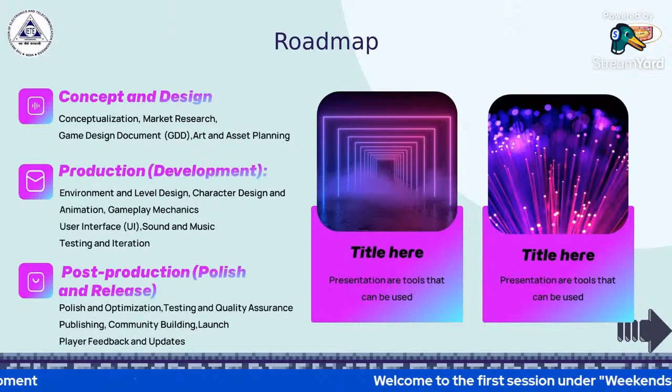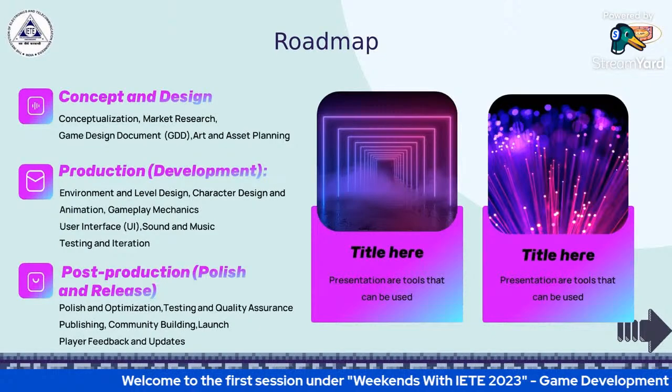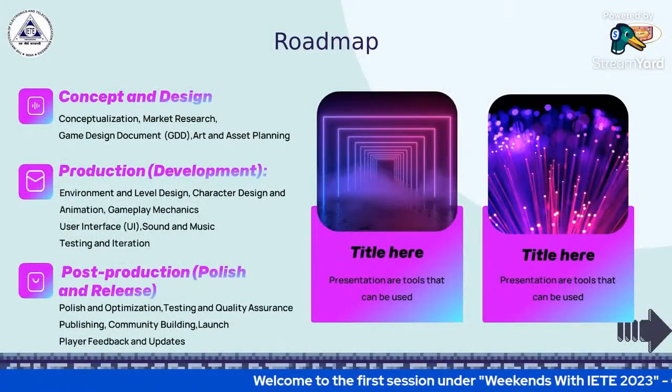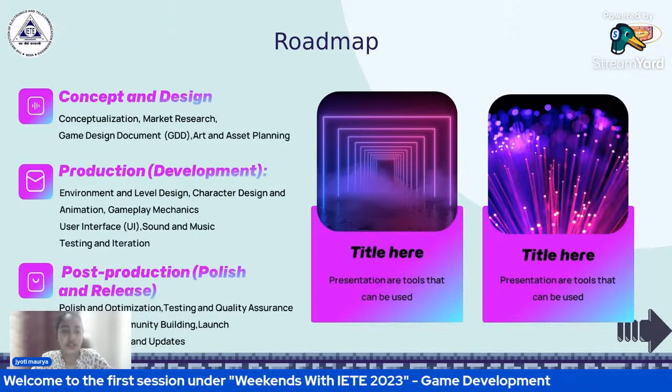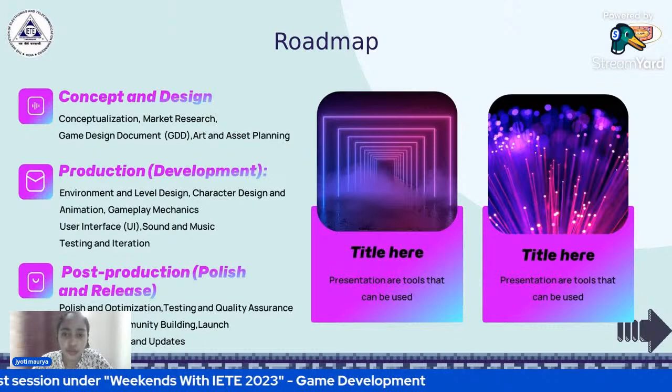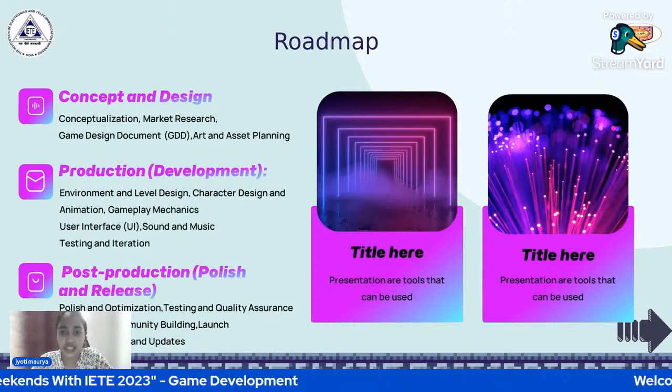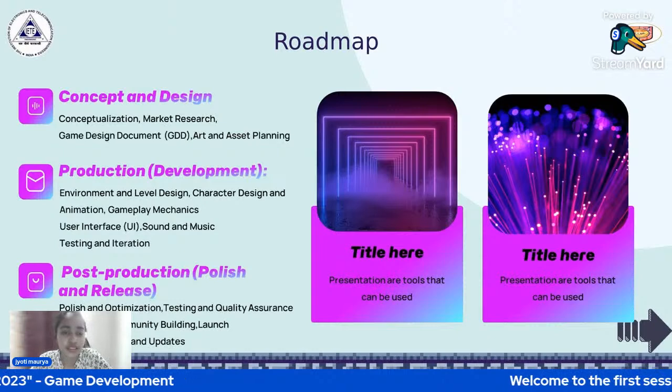Okay. One of the most important parts is the user interface, like how you're going to design your entire interface. It should be completely planned and well documented. The entire sounds and music that you're going to use, and it should undergo a rigorous testing phase, like I showed you that we got a warning after we used two components of the sky objects. That's how you have to fix all the bugs, any glitches, any gameplay issues, and you must regularly keep taking feedback from your players.